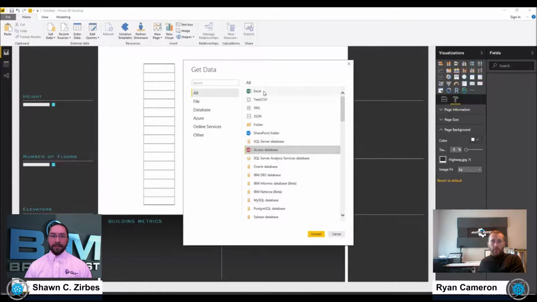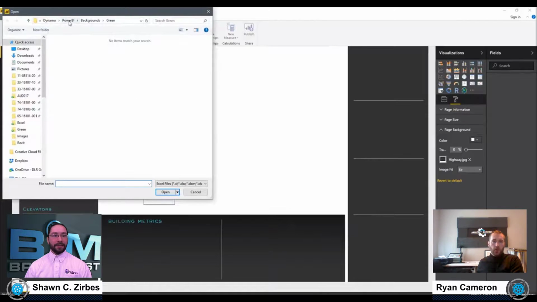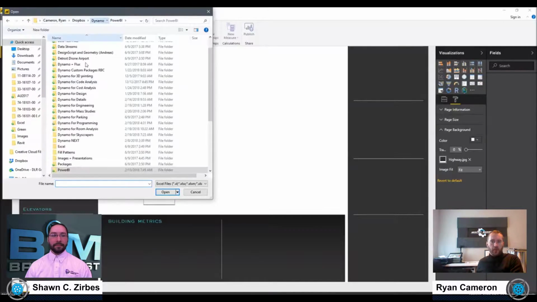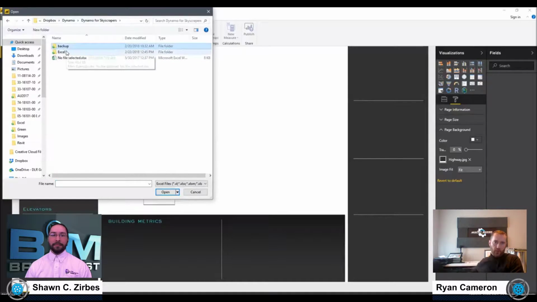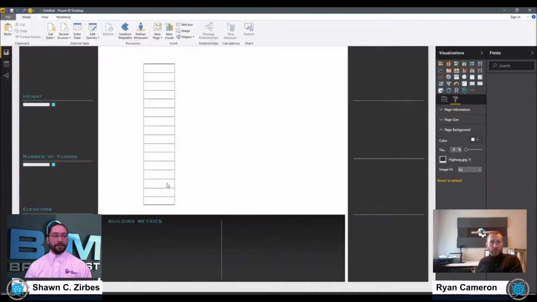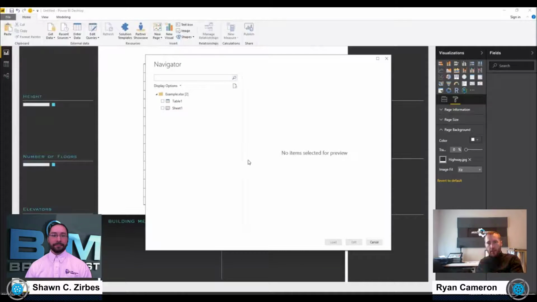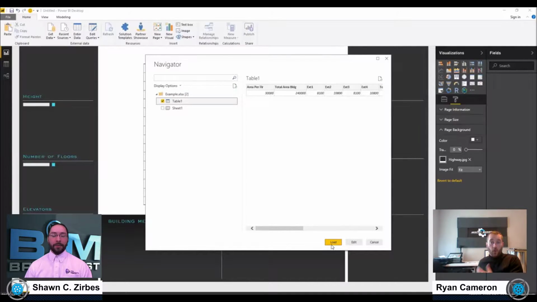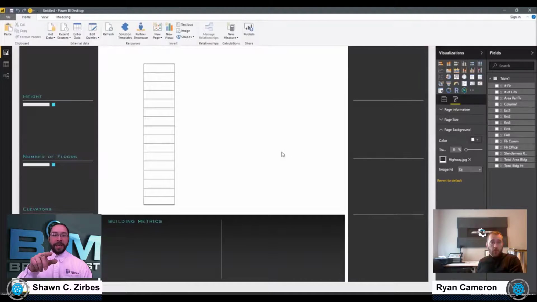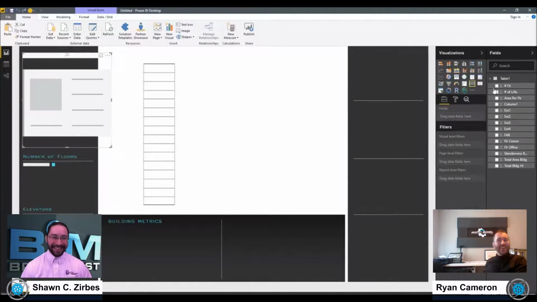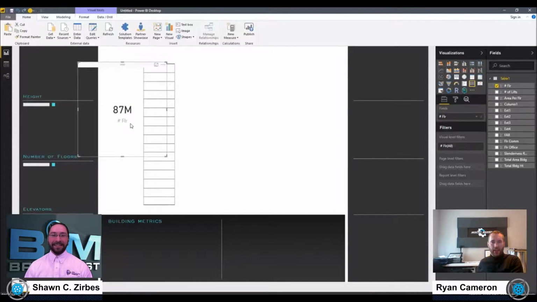Now that the word is out that they might be going from XML to JSON for the Dynamo rebuild. So nice. That just came out of the UK Dynamo user group in London last week. Very cool. So that's official. Excellent. Anyway, tie into the Excel data in this instance. So was that one of those we can't tell you this but kind of conversations? At one point it was, I bet. Yeah, at one point it was. I think that was out in the wild probably at AU last year. So right. Anyway, so